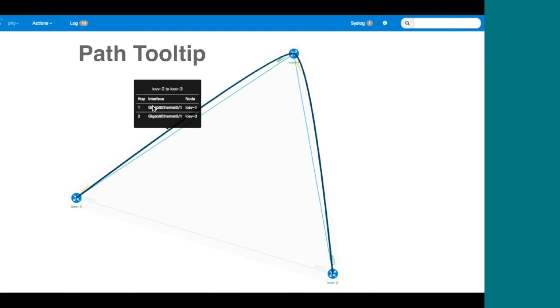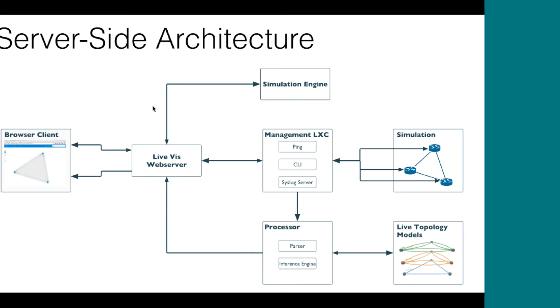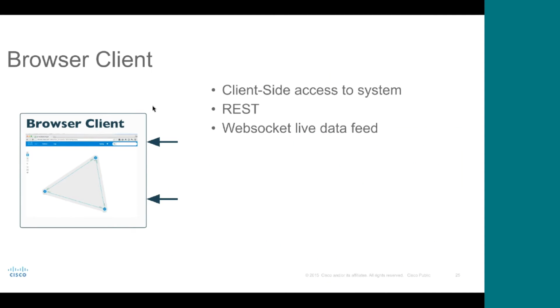So in terms of what's going on the server side, I'm just going to give a very quick overview. We've got the browser client, which is the bit that most people interact with that you'll see over on the left. We've got the web server bit, which does most of the commands, and then it interacts with some other pieces. So I'm just going to go through each of these piece by piece. So in terms of the browser client, that's the bit that runs in your web browser. It gives you the user interface to the system. This is really what most people only ever need to use.